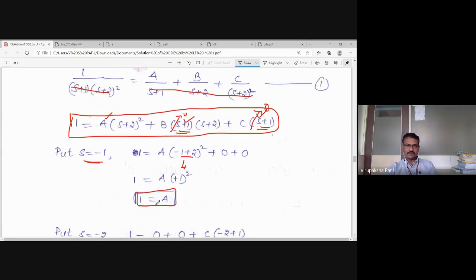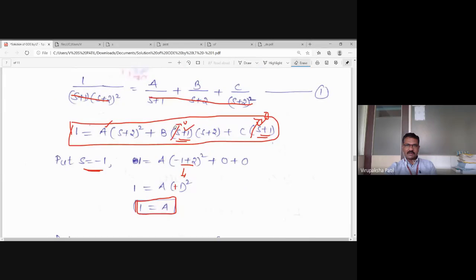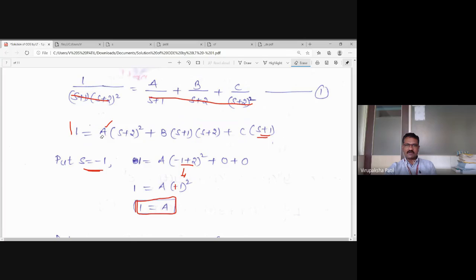Once you got a is equal to 1, now we will check is it possible to get the value of b directly. If not possible, we will concentrate on c. If not possible, we will go to the comparing the coefficients method. Here this term contains s plus 2, this term also contains s plus 2, so this term is not containing s plus 2. So it's not possible to find the value of b directly here,